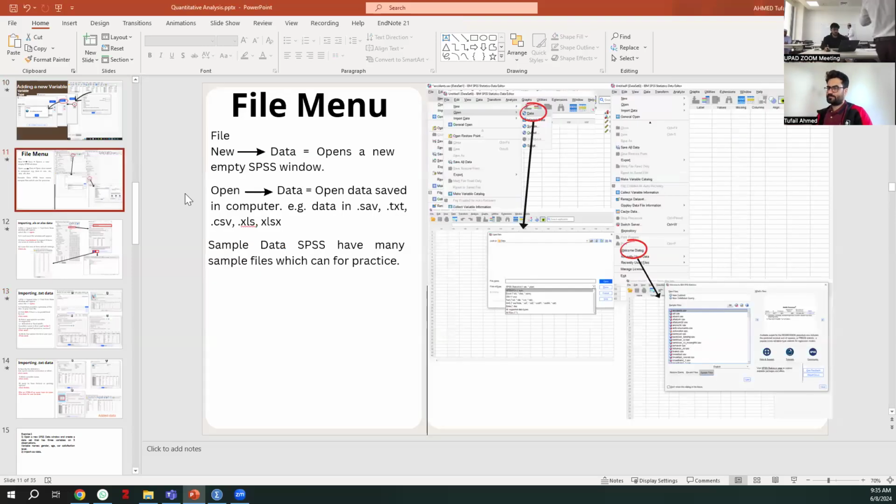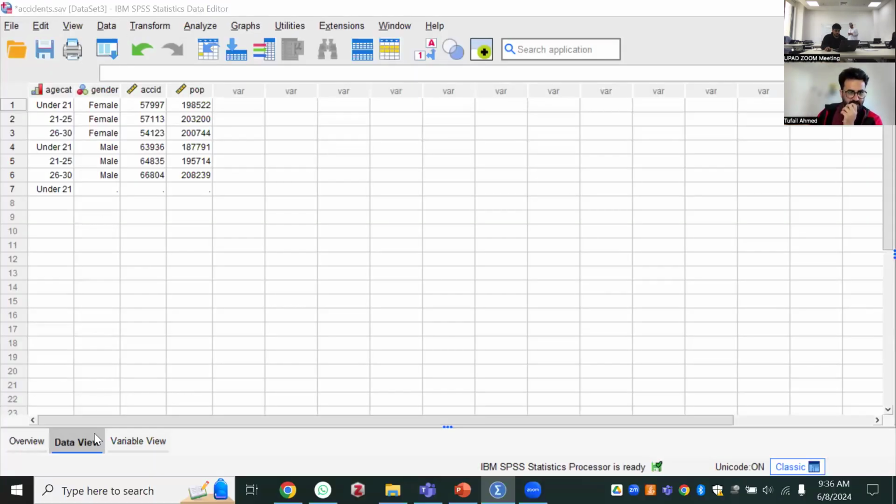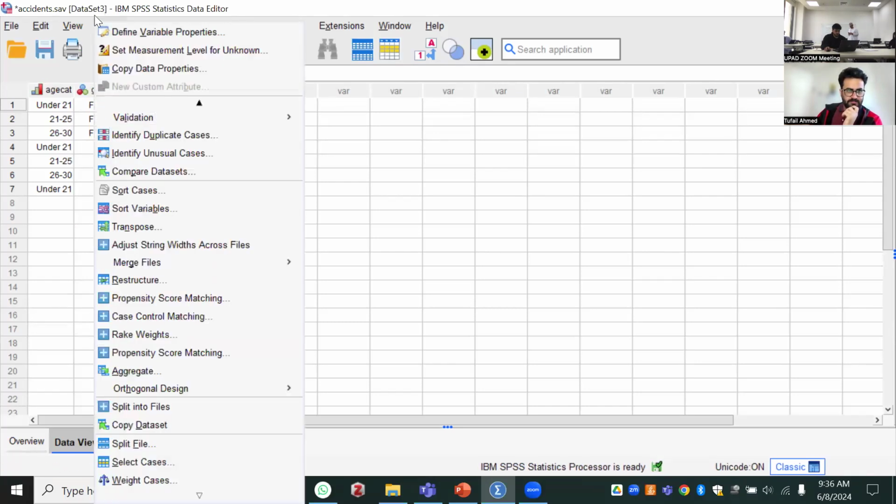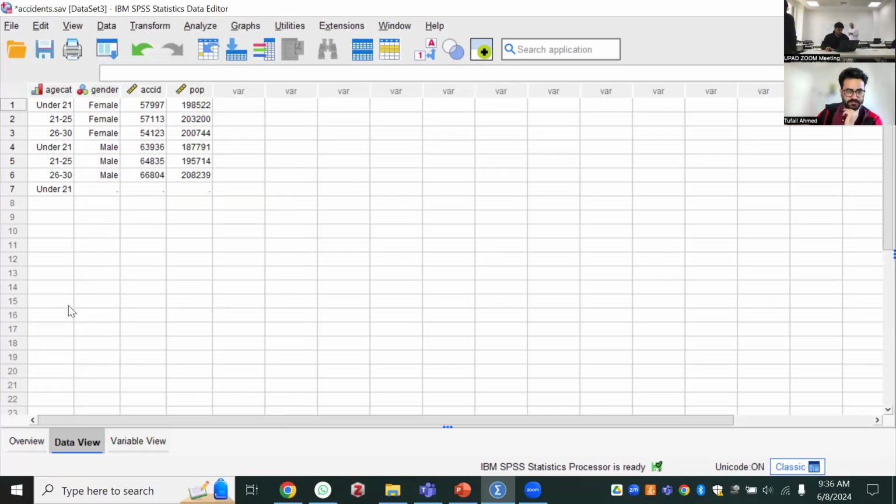You open your data view, all of you. Tufail, can you please open your data view? I can show them. We resolved it. The data view in SPSS. Now you go to data view. You all click here, A1. Now you click here, and the categories will work.